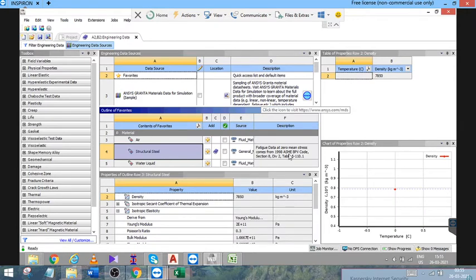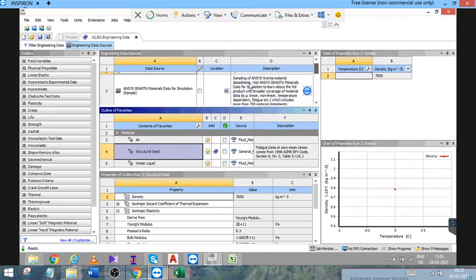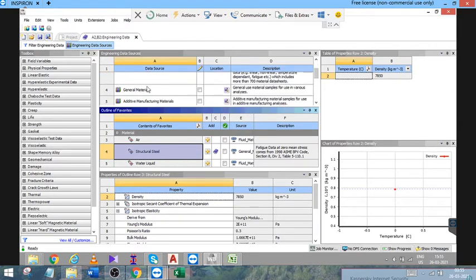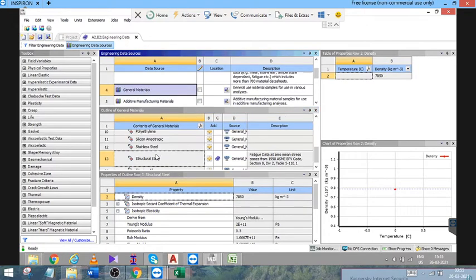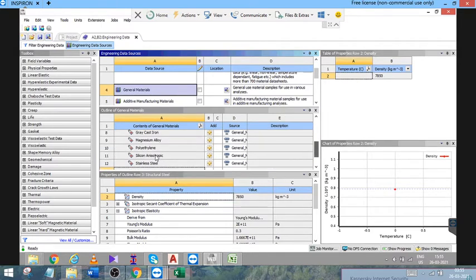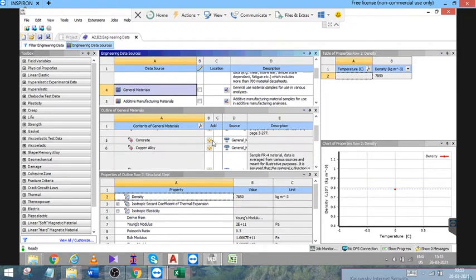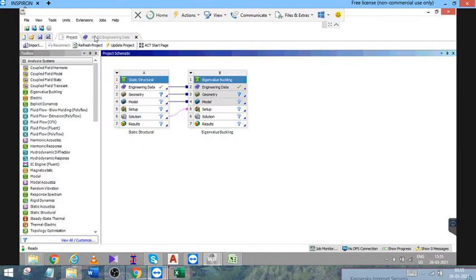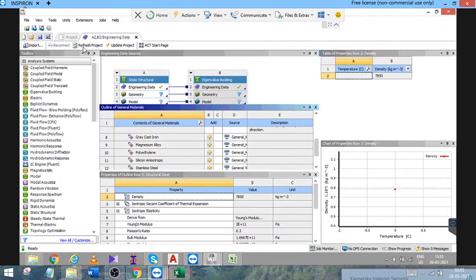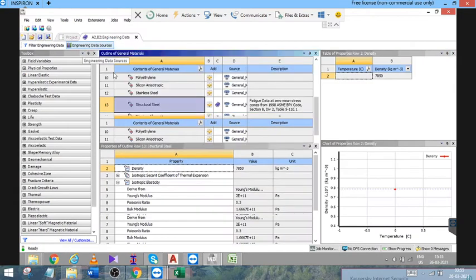Once you go here, you will have various options, different types of materials. You need to go to general materials and then choose concrete. You can click on the add symbol here and again go back to the engineering data sources.